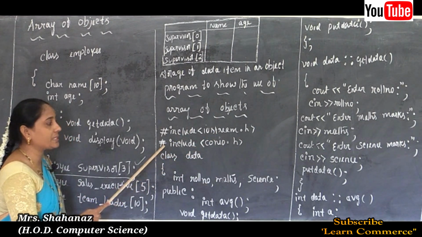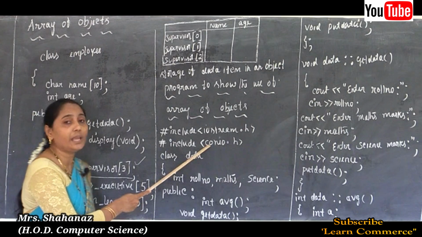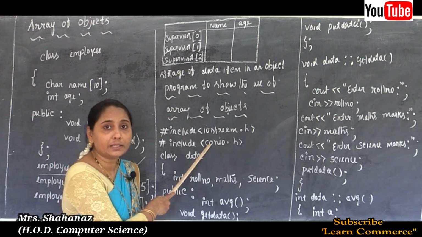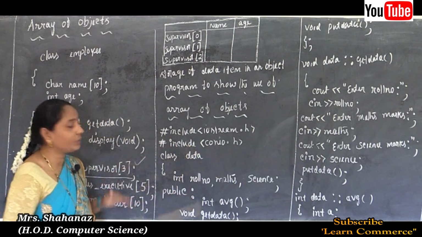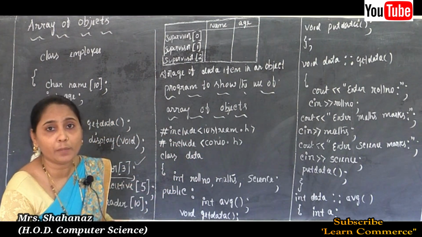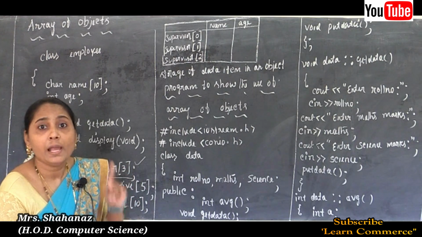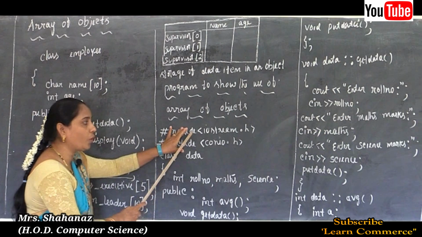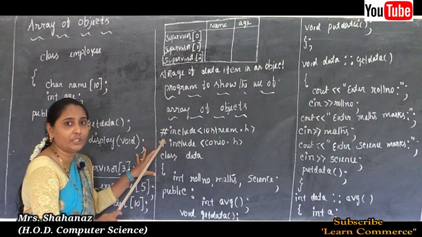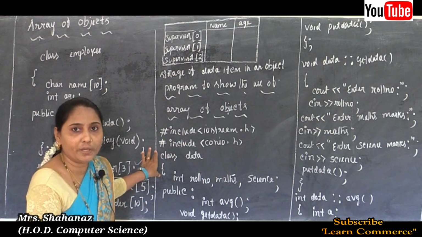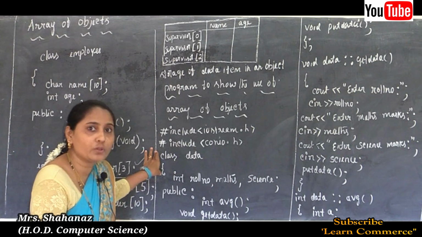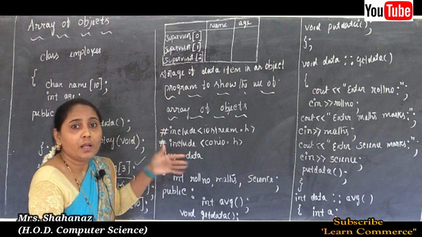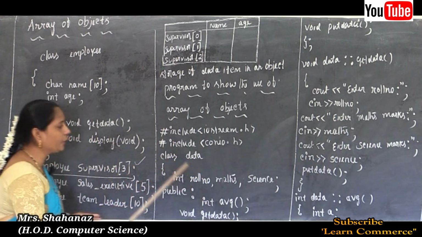And next, the second header file is conio.h. Why? Because of clrscr, to clear the screen here. Or maybe if you want to take the header file iomanip, it is specially usable for endl and setw. In this program, if you want to use endl, then surely you need to write the header file iomanip.h. But if you don't want to use endl, then without the header file we can take iostream here.